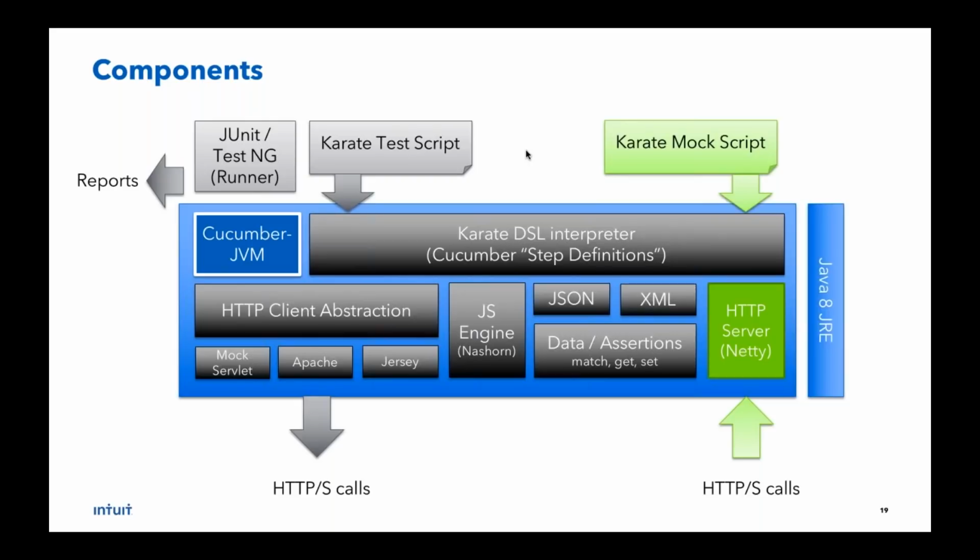So I'm going to build the slide a little bit because I'm now introducing the new feature of Karate, which is what the second half of this presentation is all about. And this is where Karate certainly becomes a very strong piece in your weaponry to test microservices. I'll explain more as we get into the next slides. But Karate now has a capability where it embeds Netty, which some of you know is a very famous protocol implementation. It's a framework that allows you to implement any kind of protocol like HTTP or WebSockets or even binary protocols of your own custom choosing. Amazing piece of technology. I'm so thankful that it's open source.